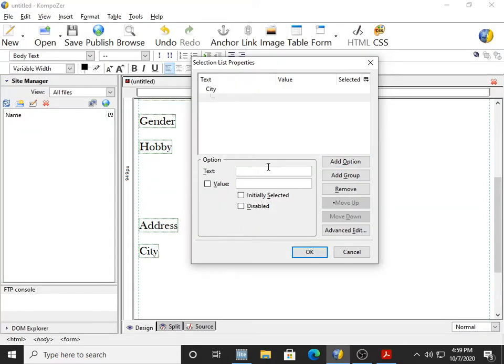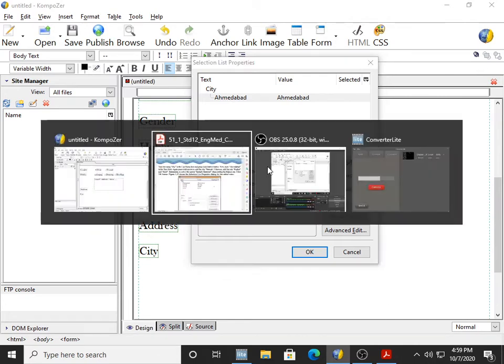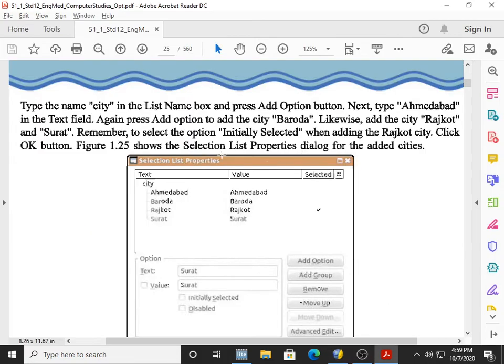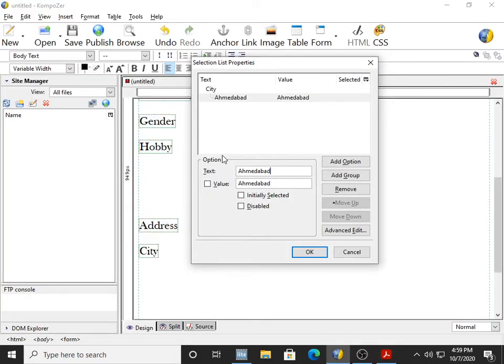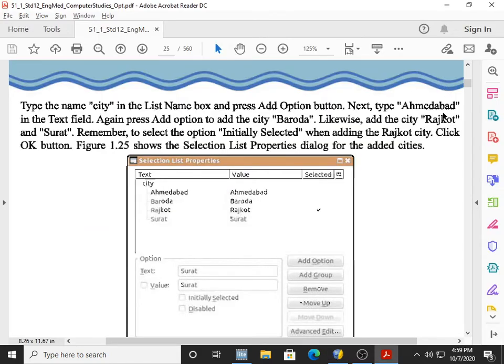In the text field write Ahmedabad. Now after typing Ahmedabad, again press add option to add the city Baroda, likewise add the cities Rajkot and Surat.